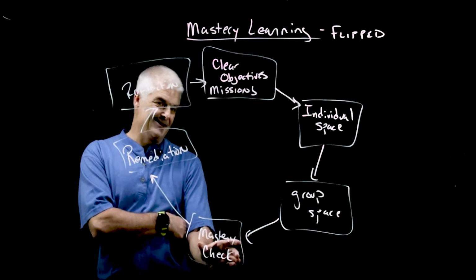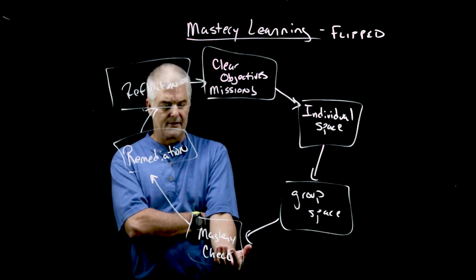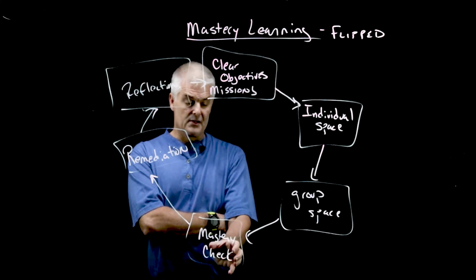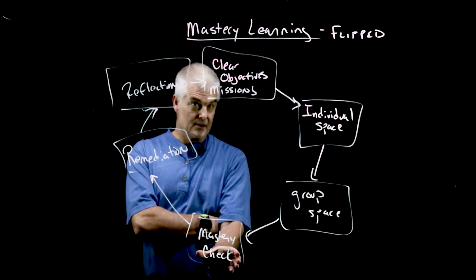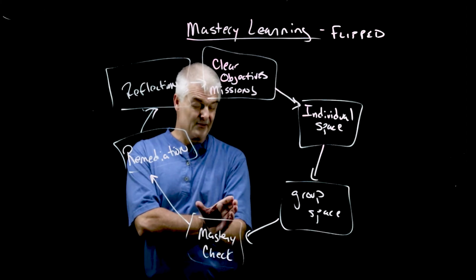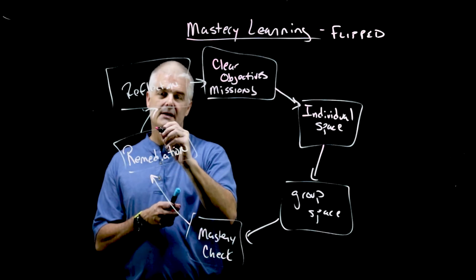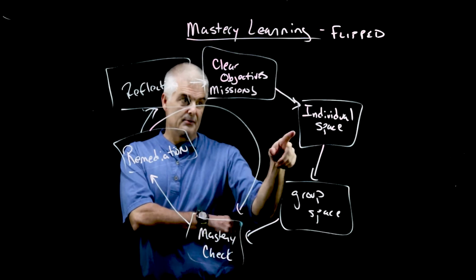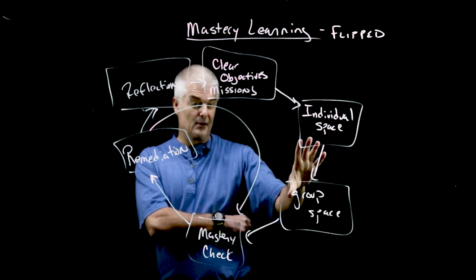And then you get a mini test of some kind, a mastery check. It can take various forms. Sometimes it's a short little paper thing. Sometimes it's just having a conversation with me. There's a lot of ways that we're going to be doing mastery checks. And then if you don't succeed, here's the big idea of mastery: if you don't learn it, you have to go back and learn it. So if you need remediation, I'm going to send you back into this loop, and you're going to do a mastery check again. Probably you're going to have to go look at one of these or some of these again, but most often it's going to be a little bit different.